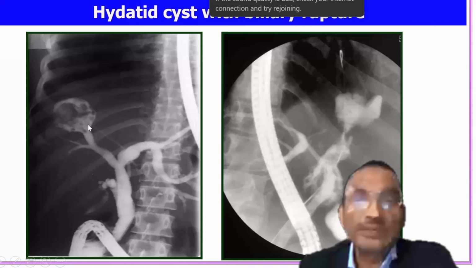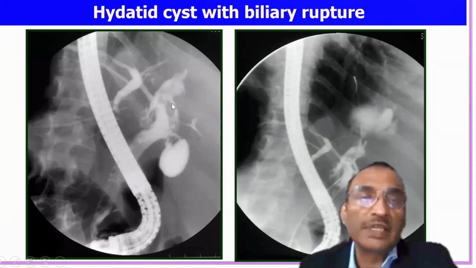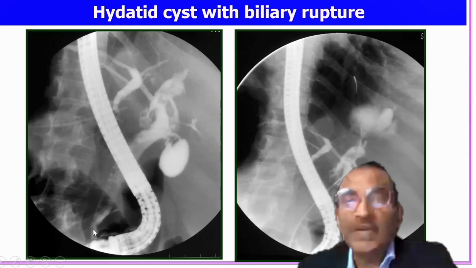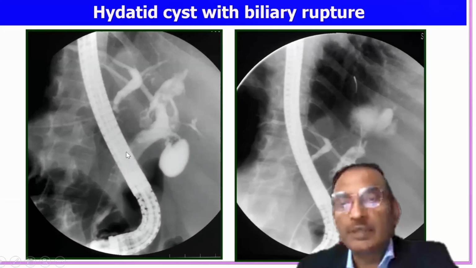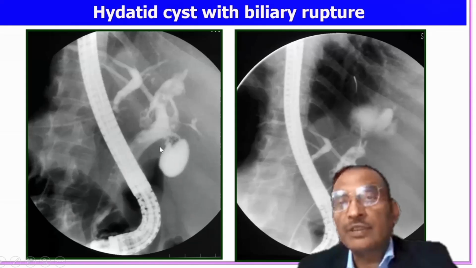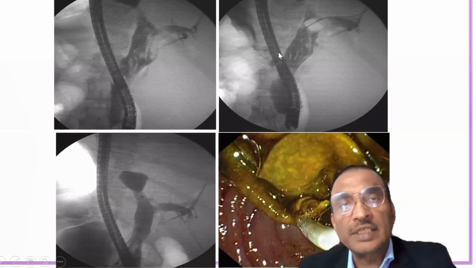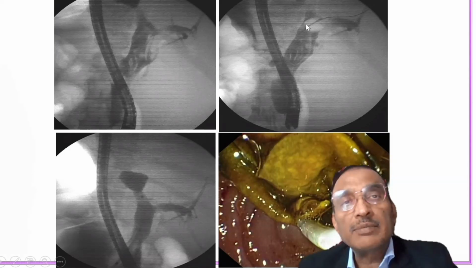And this is another case of hydatid. So this is a hydatid cyst cavity, and here there are very rare filling defects. This is because of the presence of lots of membrane lying in the bile. This is the crumpled paper appearance I just told you about. When you crumple a newspaper, multiple crevices and curves form. So you can imagine, and there you are seeing the stone extraction balloon with which we are trying